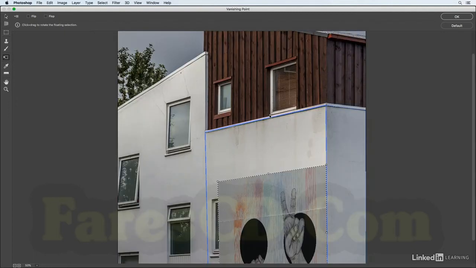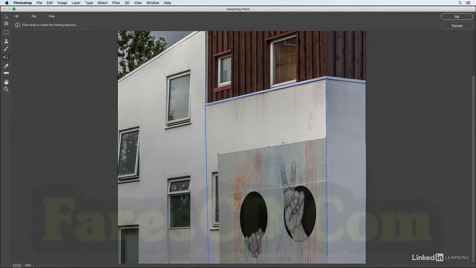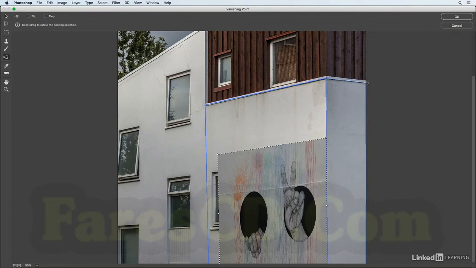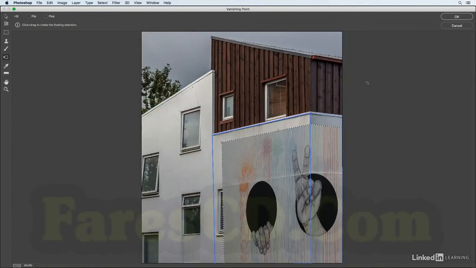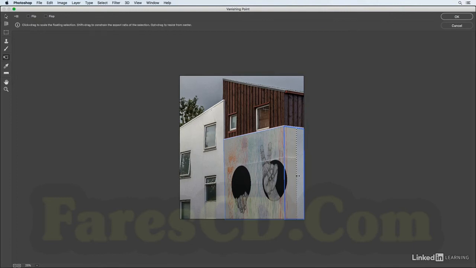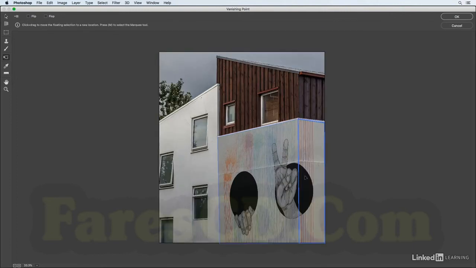Now I can make this a little bit larger. I'm going to hold down the Shift key to constrain the proportions and just drag out until I think it's about the right size. Again, I should be seeing that in real time, but I'll need to use Command 0 to just zoom out a little bit to redraw the screen. And then I know that I need to move this over a bit, so I'm just going to guesstimate how much I'm going to need to move that, and then again use Command plus in order to zoom in. Okay, so again, that is just a redraw issue that hopefully will be solved by the time this ships. But now that we've got that in position, I'll go ahead and click OK in order to apply the Vanishing Point.